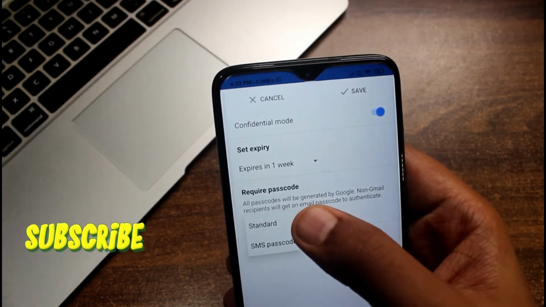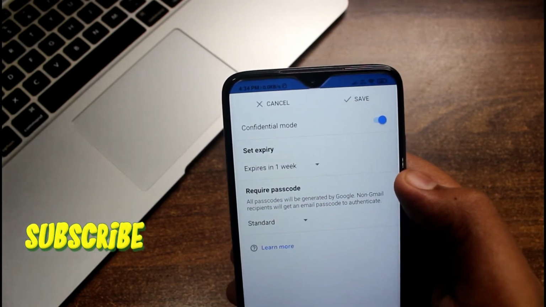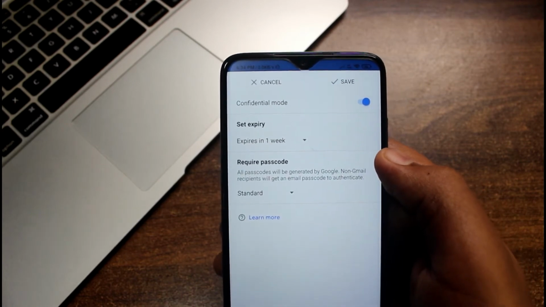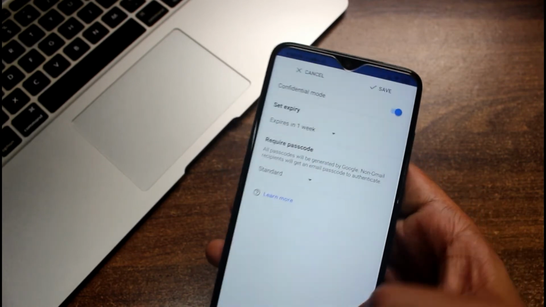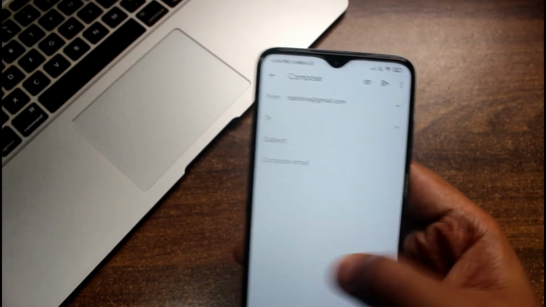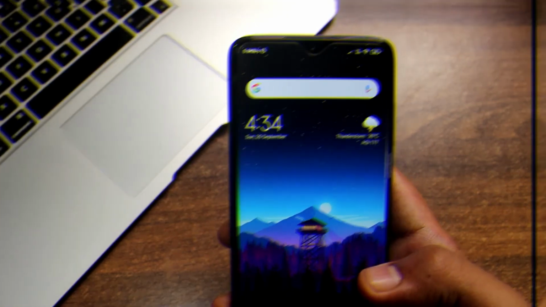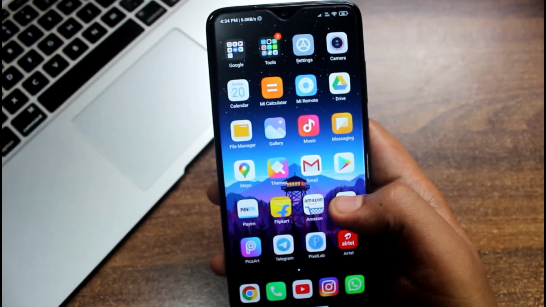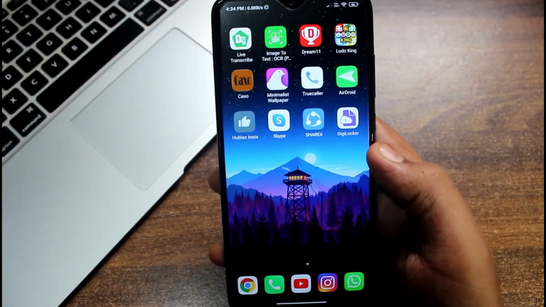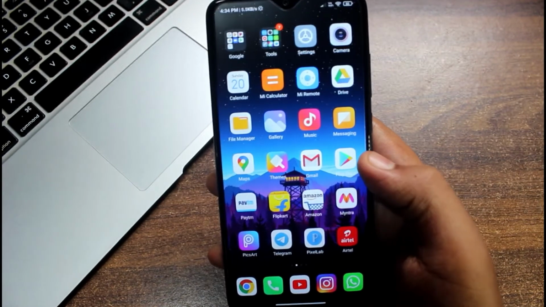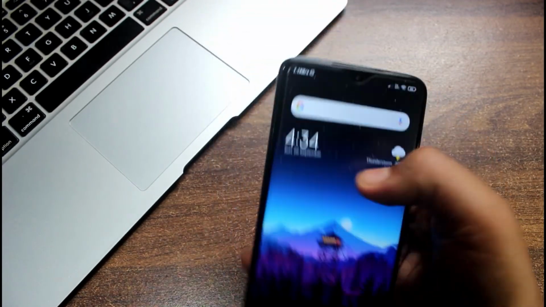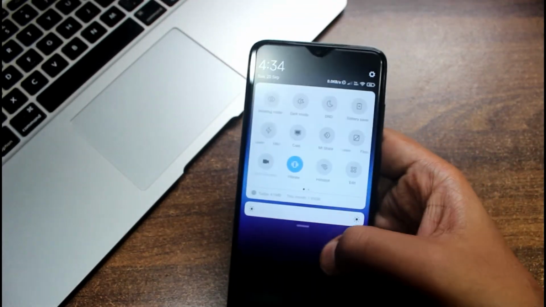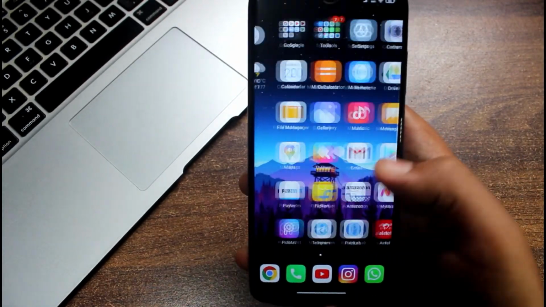Like this, you can set different expiration dates for your email, and it also allows you to set a password for your email if you want to make it more confidential. And one more thing, the recipient will not be able to forward your email once you enable this mode. So it is a very useful feature which is available in the Gmail application.